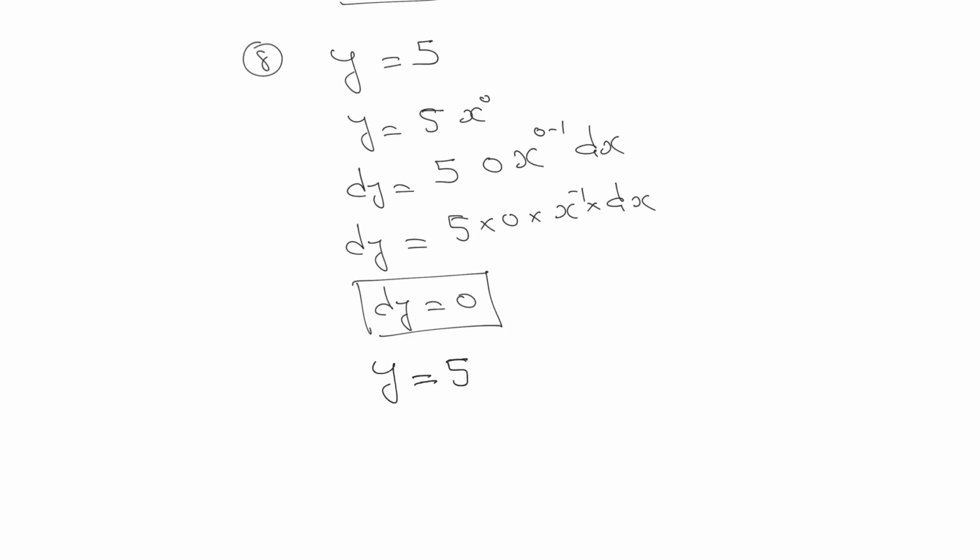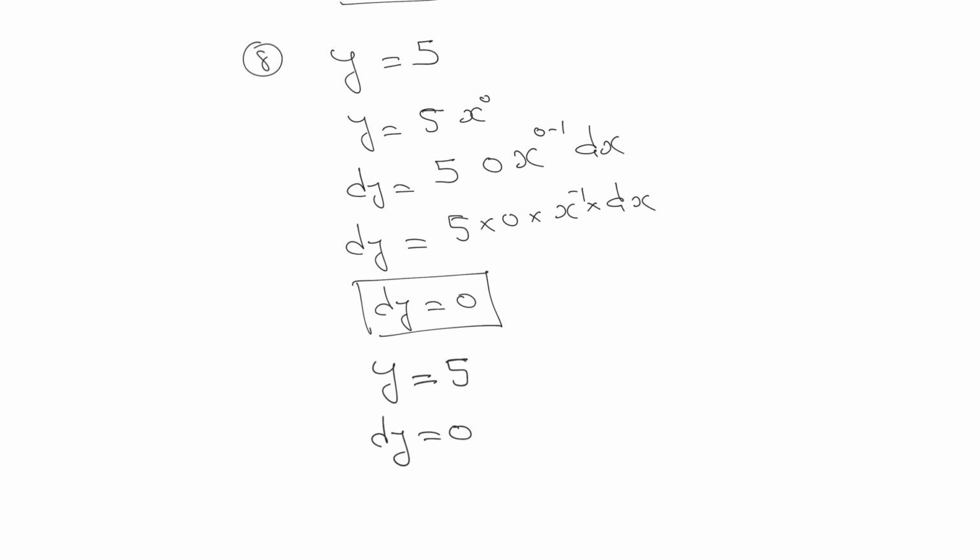If y is equal to 5, you can observe that here we are not having a term related to x. So whatever the value of x you are putting, you can put x as 0, you can put x as 1, you can put x as infinity, you can put any value for x, but the value of y is always going to be 5. That means the value of y is not going to change with respect to the change in value of x. That's why differentiation of y, which means nothing but the change in value of y, is going to be equal to 0.